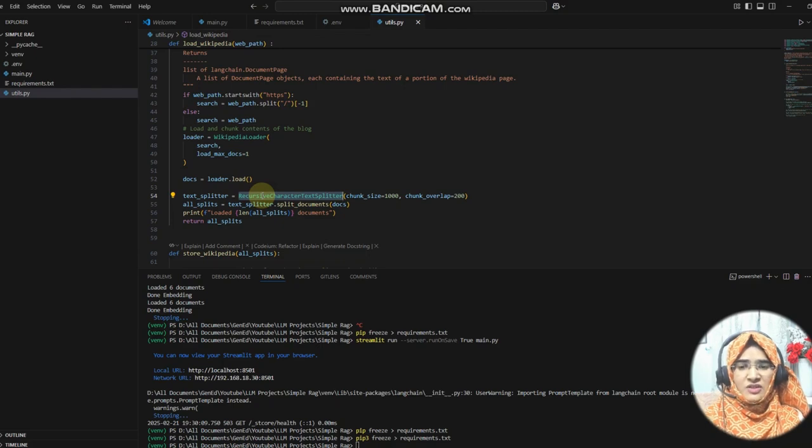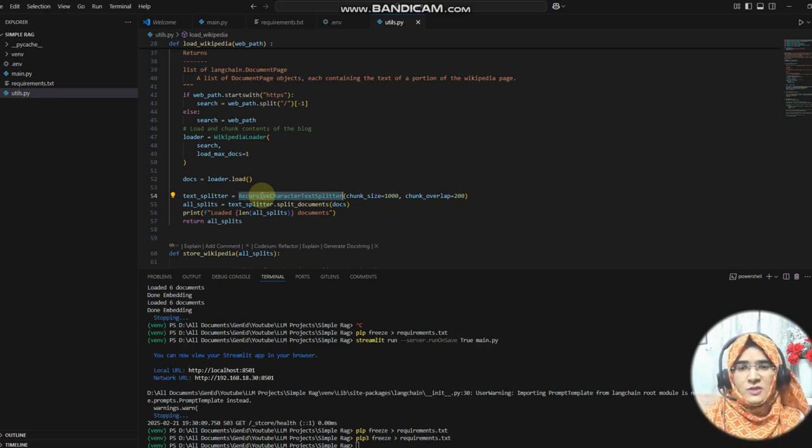Now we are using recursive character text split. Basically, you know that we have the document, and the document has a lot of content, a lot of sentences, a lot of words, right? And we cannot pass the whole content together into the vector database. So what we are doing is splitting that text.